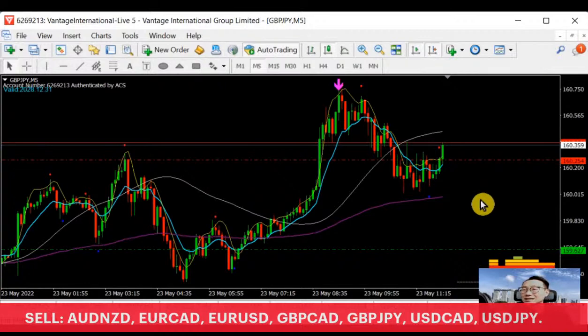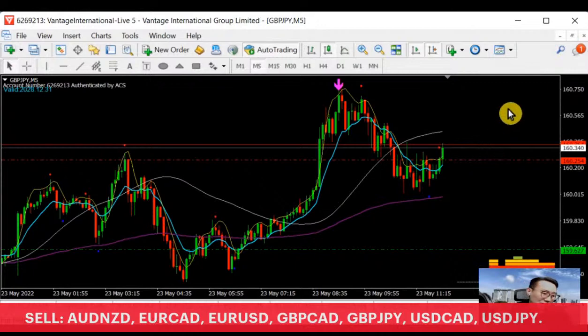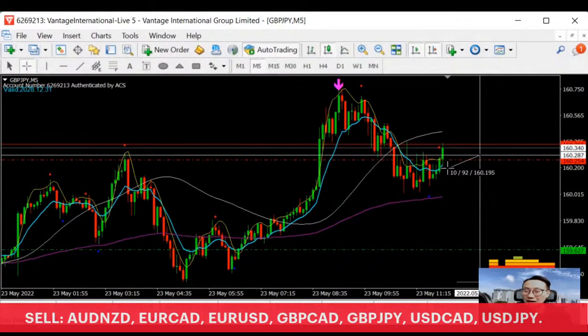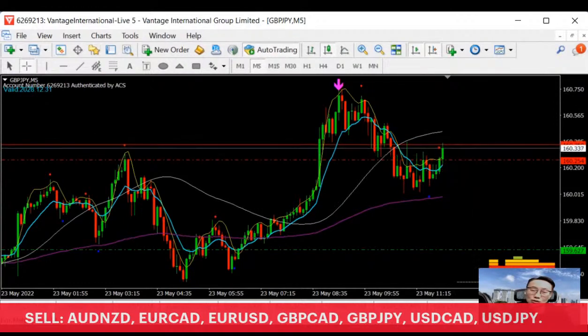But let's say it goes up and comes down on the resistance level, and it forms a buying signal like this, red, green, green, above the resistance, where the previous resistance becomes a support, correct? Then it will continue the buying, and that is where you have a stop. Even if you have a stop from here to here, you are losing only about 10 pips. I think that is still quite okay.